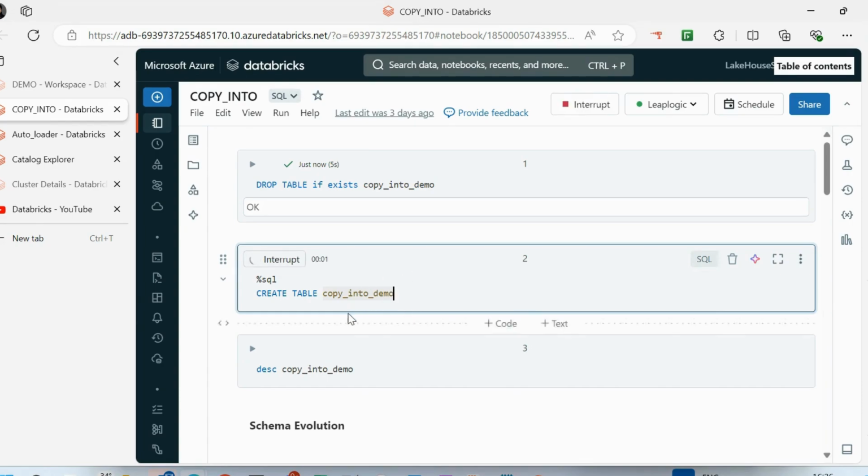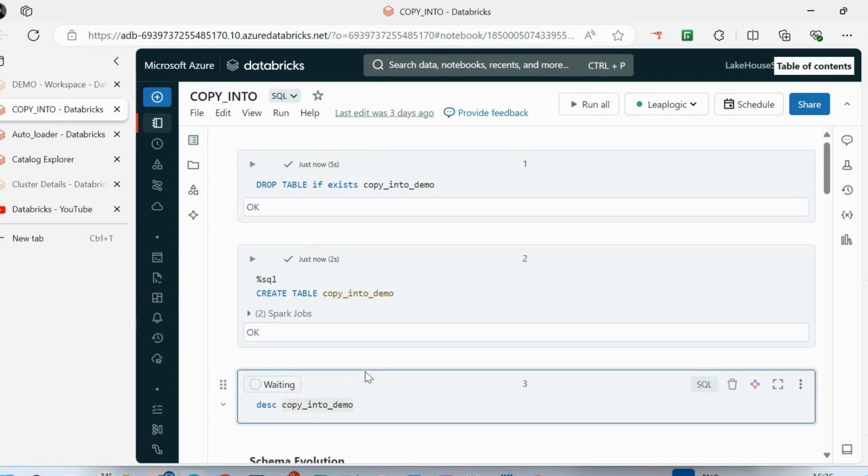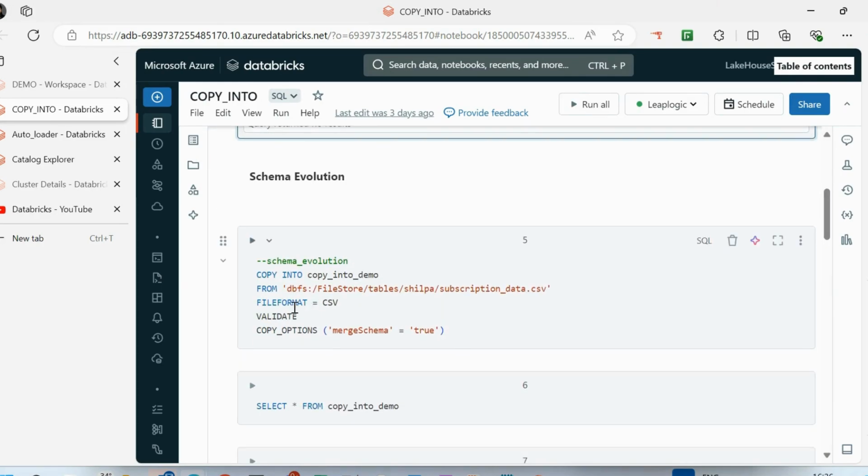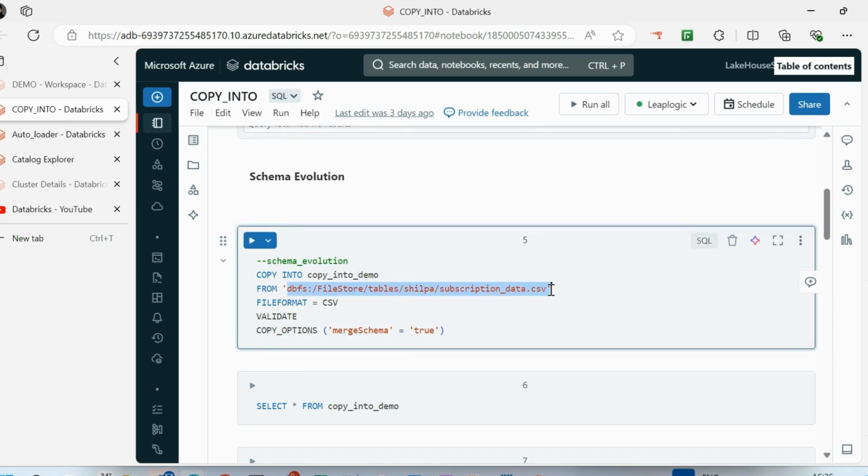So I'll create this particular table, I'll describe it, and it will not show me any schema for this table. And this is my file, the same file I'm using for the copy into. I want to copy into my table called copy into demo, and I am not loading the data into the table right now. I just want to see what kind of schema it's showing up and what data is going to load into my copy into table.